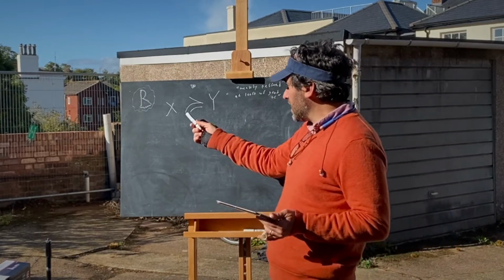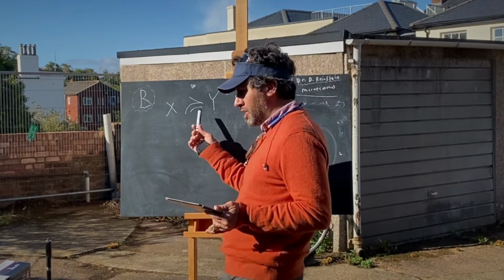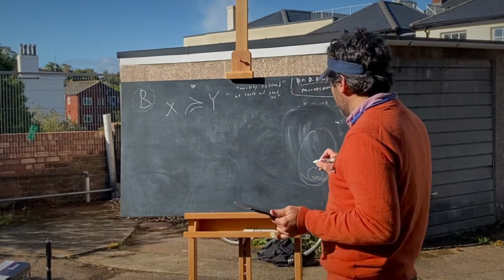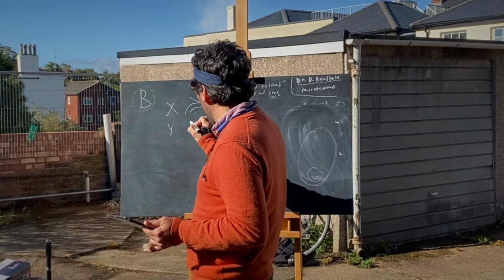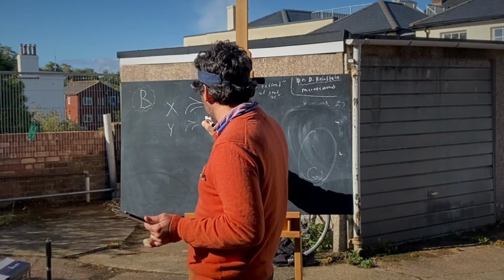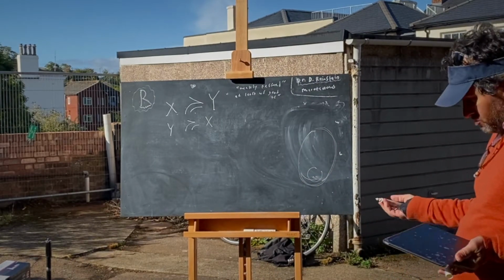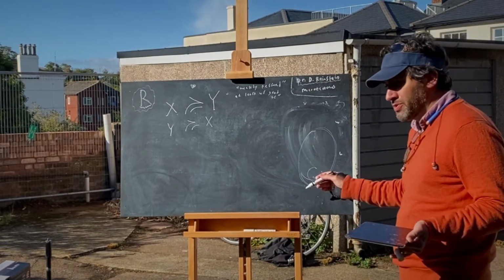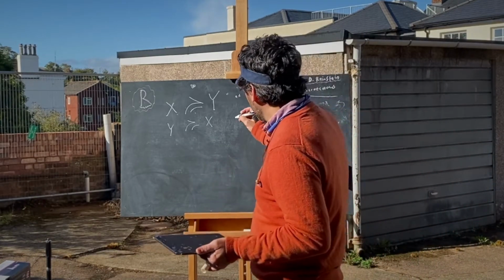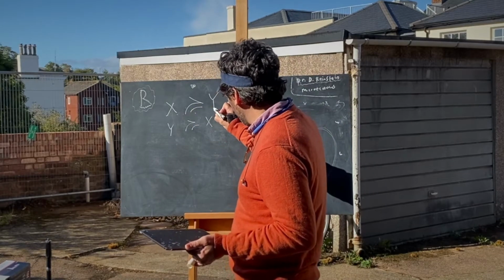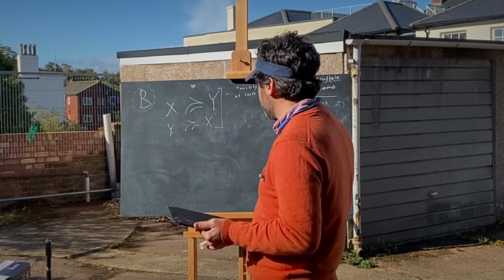So this means that maybe I'm indifferent or maybe I strictly prefer x to y. So it's possible that x is at least as good as y and y is at least as good as x. How would that be possible? They're equal. You're indifferent between the two. You find both of those equally good. And then if x is at least as good as y, and y is at least as good as x,